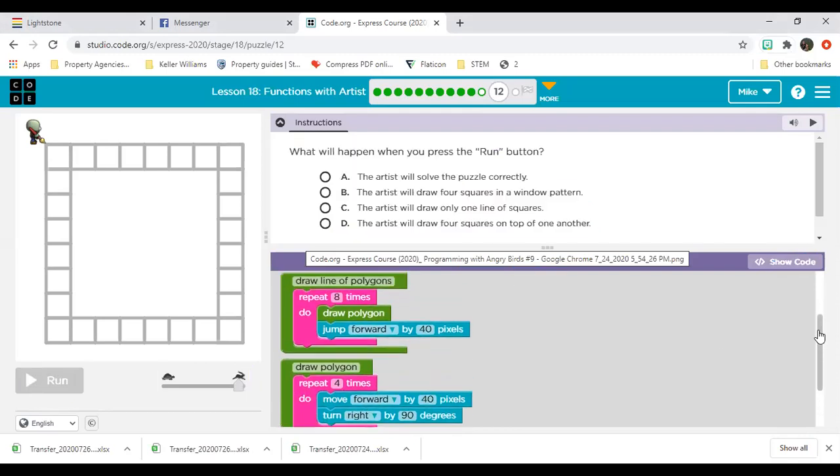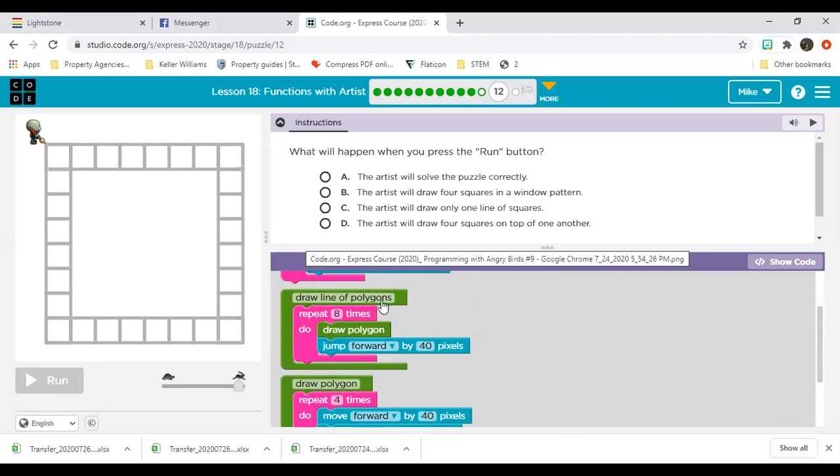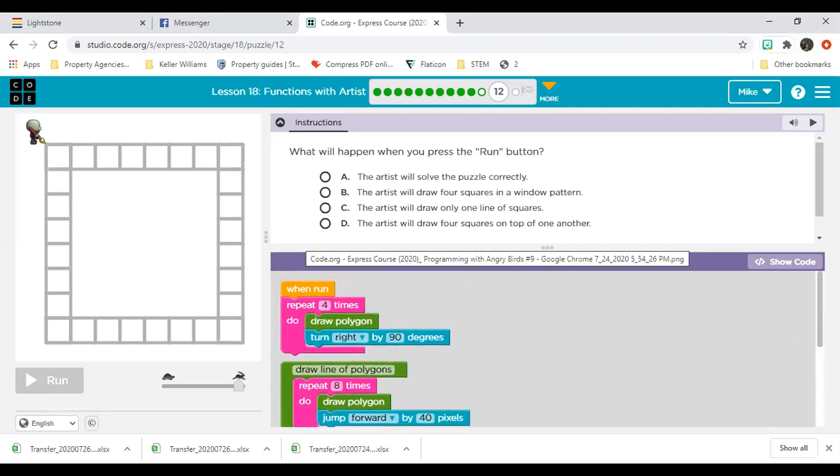And then here we have draw a line of polygons. So we have 8 squares in a row, 1, 2, 3, 4, 5, 6, 7, 8. And our code says repeat everything 4 times. So,